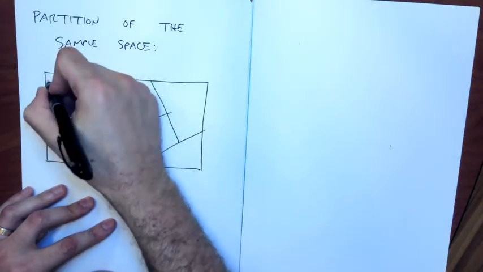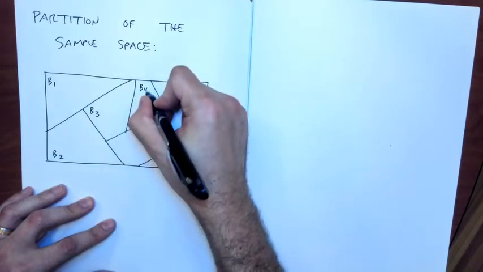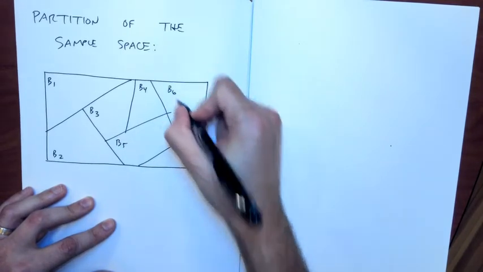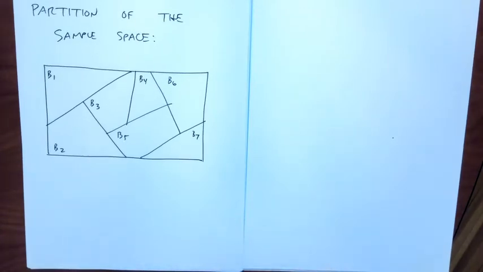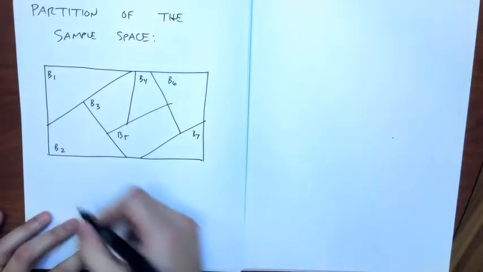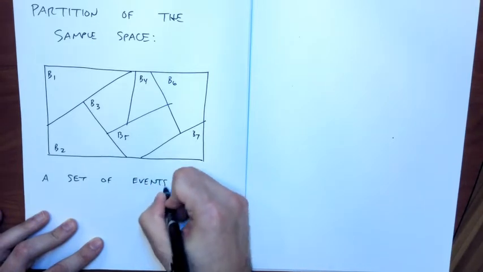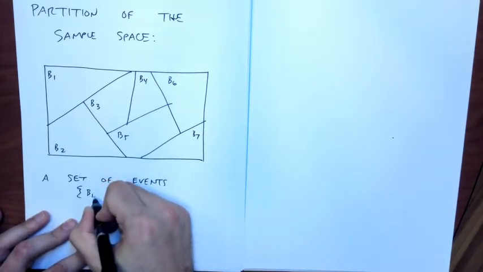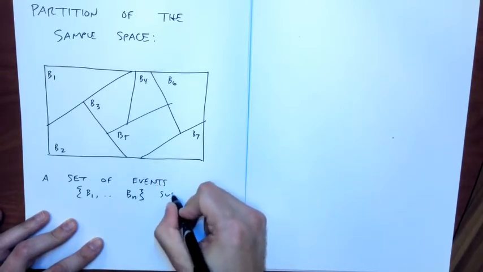Let's call these B1, B2, B3, B4, B5, B6, B7. So a partition is basically a set of events that, number one, are disjoint, that is, they don't overlap at all, and number two, they make up the whole sample space. If I write that more mathematically, this is a set of events B1 through Bn in a general way, such that